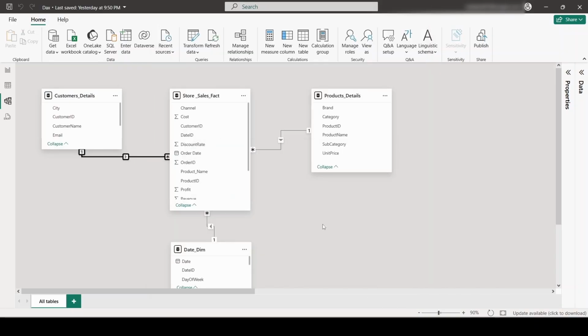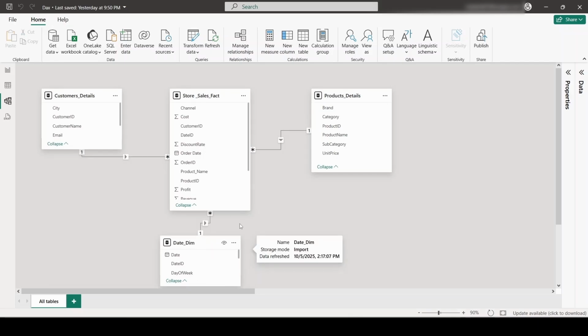So this is how your initial data model looks, which is connected between these tables. And if you see the filter context between your sales table and your dimension table, since it is single direction, the filter is flowing from here to here. And in a similar way, the filter context from my customer table flows from this table to here. In case you are making this single direction to